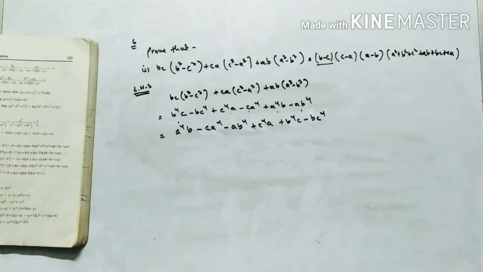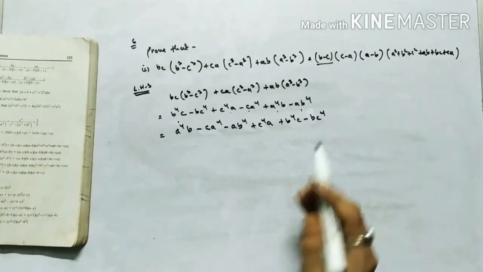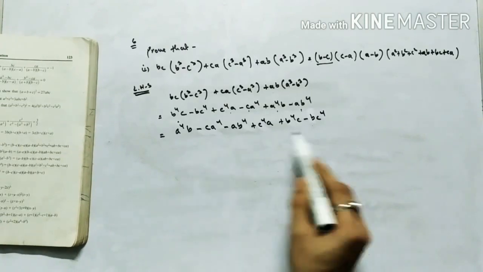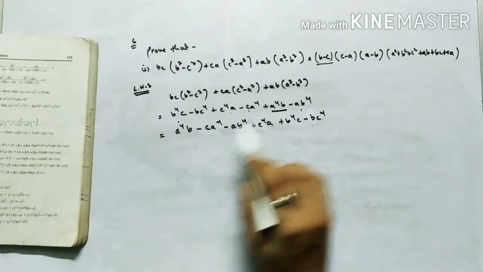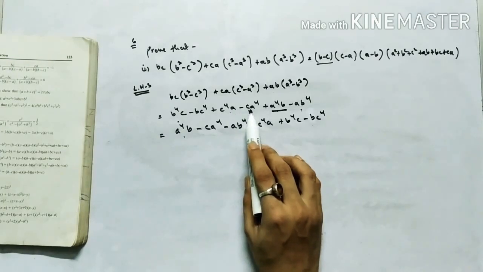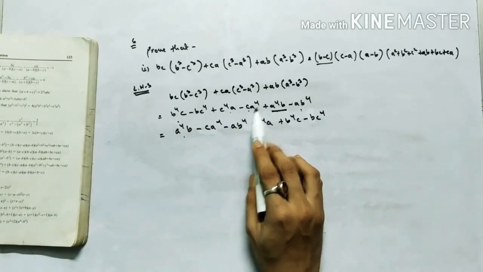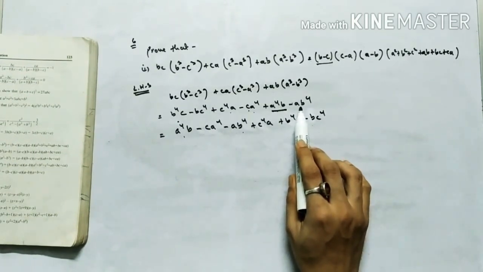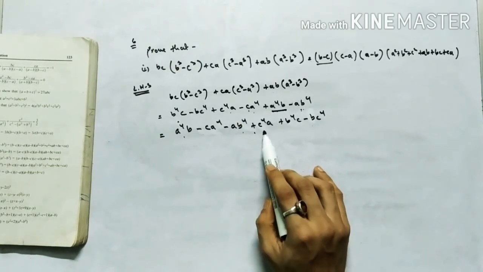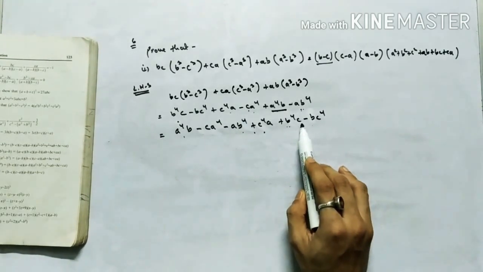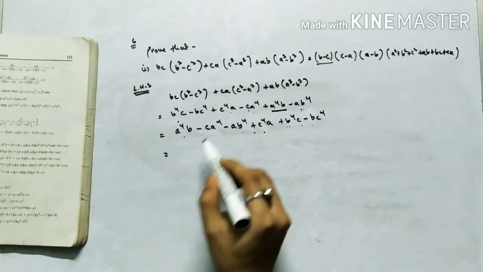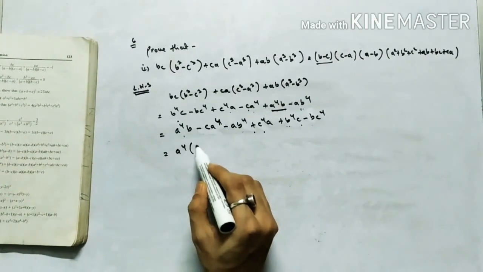So this arrangement is the most important. Okay, if you make a mistake in this arrangement, then you might not get the solution. So this arrangement is important. What I did here: this one A4B minus this one, I did minus C4A, CA4, then again minus AB4 plus C4A I did, then plus B4C minus BC4 I did.